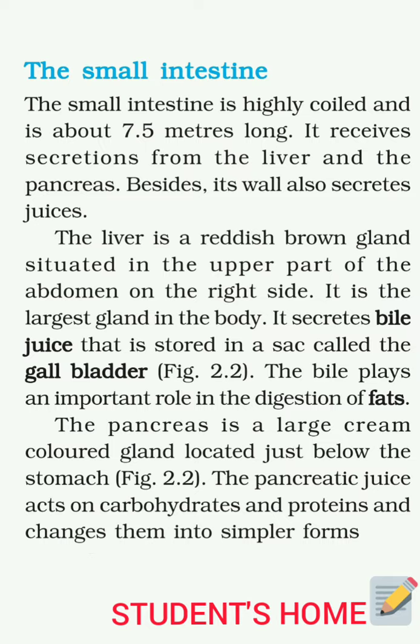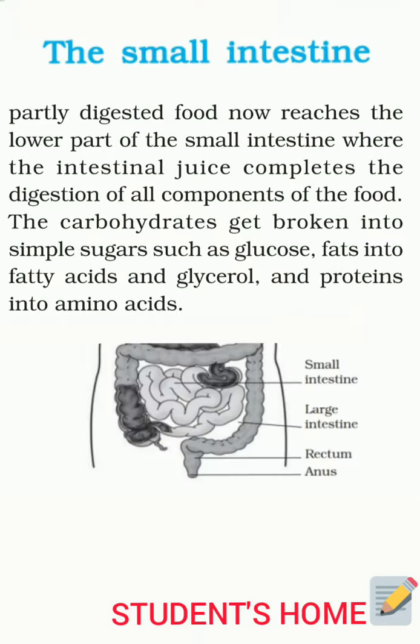The pancreas is a large cream-colored gland located just below the stomach. The pancreatic juice acts on carbohydrates and proteins and changes them into simpler forms. The partly digested food now reaches the lower part of the small intestine, where the intestinal juices complete the digestion of all components of the food. The carbohydrates get broken into simple sugars such as glucose, fats are converted into fatty acids and glycerol, and proteins are converted